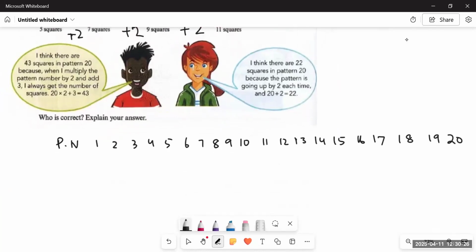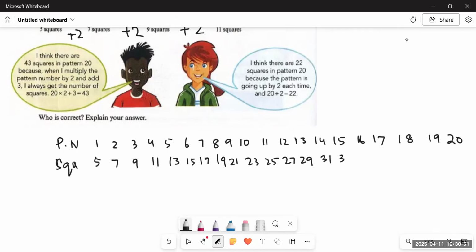So in the pattern number 1, they're talking about squares. So in pattern number 1, there are 5, 7, 9, 11, 13, 15, 17, 19, 21, 23, 25, 27, 29,